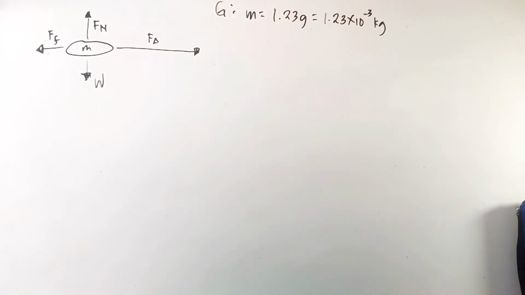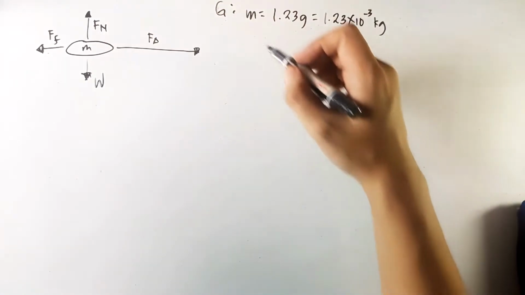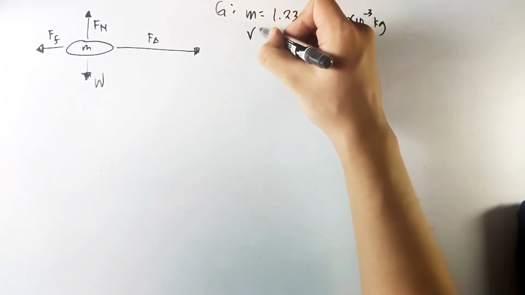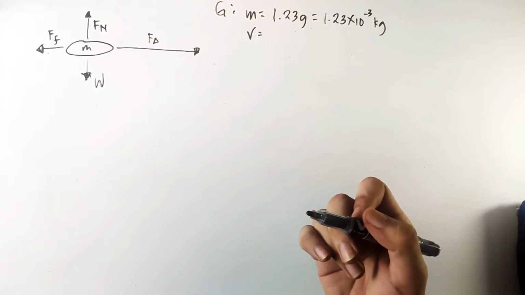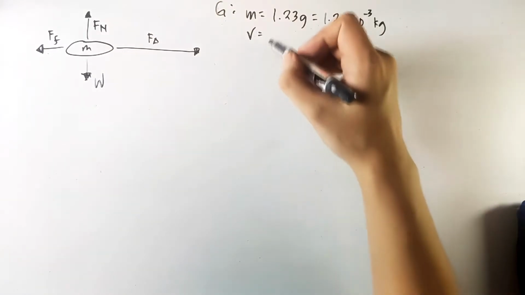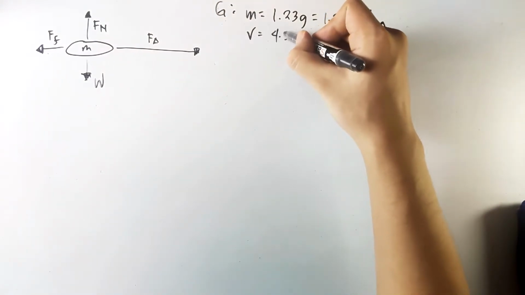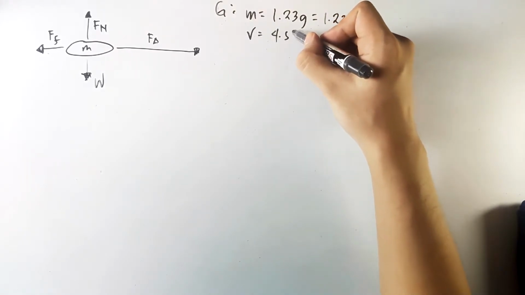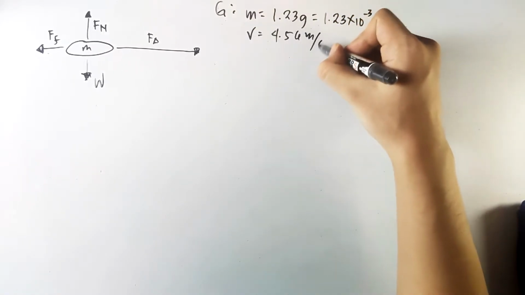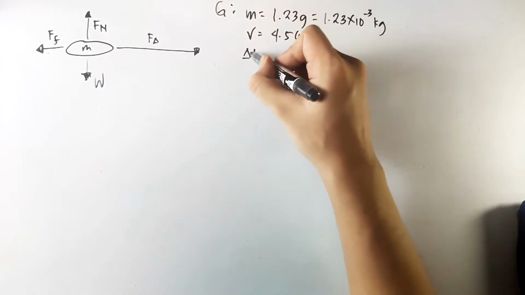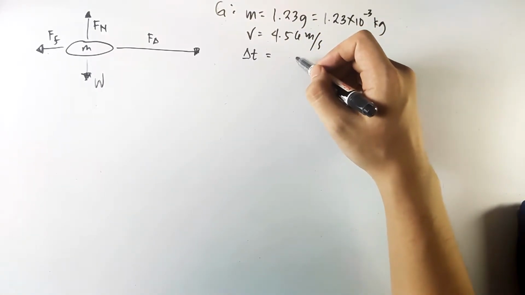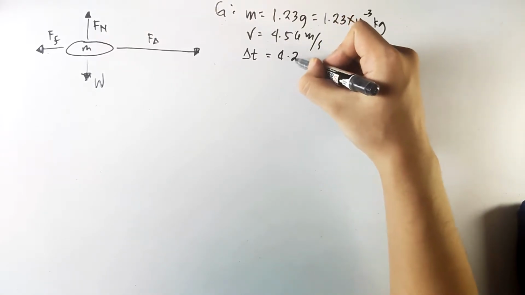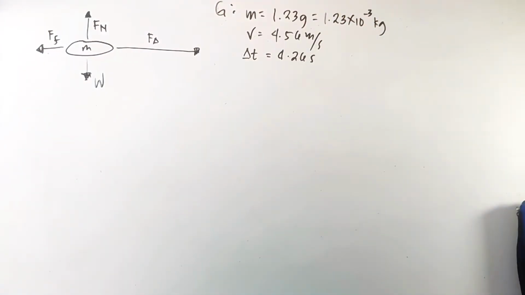Then the next one would be velocity. According to the problem, it has traveled for a certain period of time. So it has covered the velocity of 4.56 meters per second at a time period of 4.26 seconds. Then lastly,